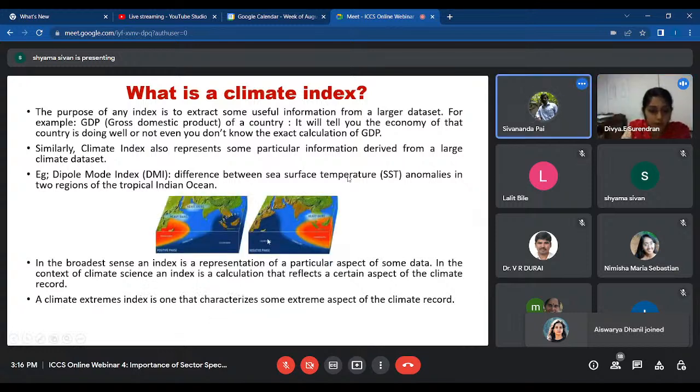From the figure we can see, if a positive IOD means it is in a positive phase, which part of the Indian Ocean will be having more SST? Which portion of the climate index